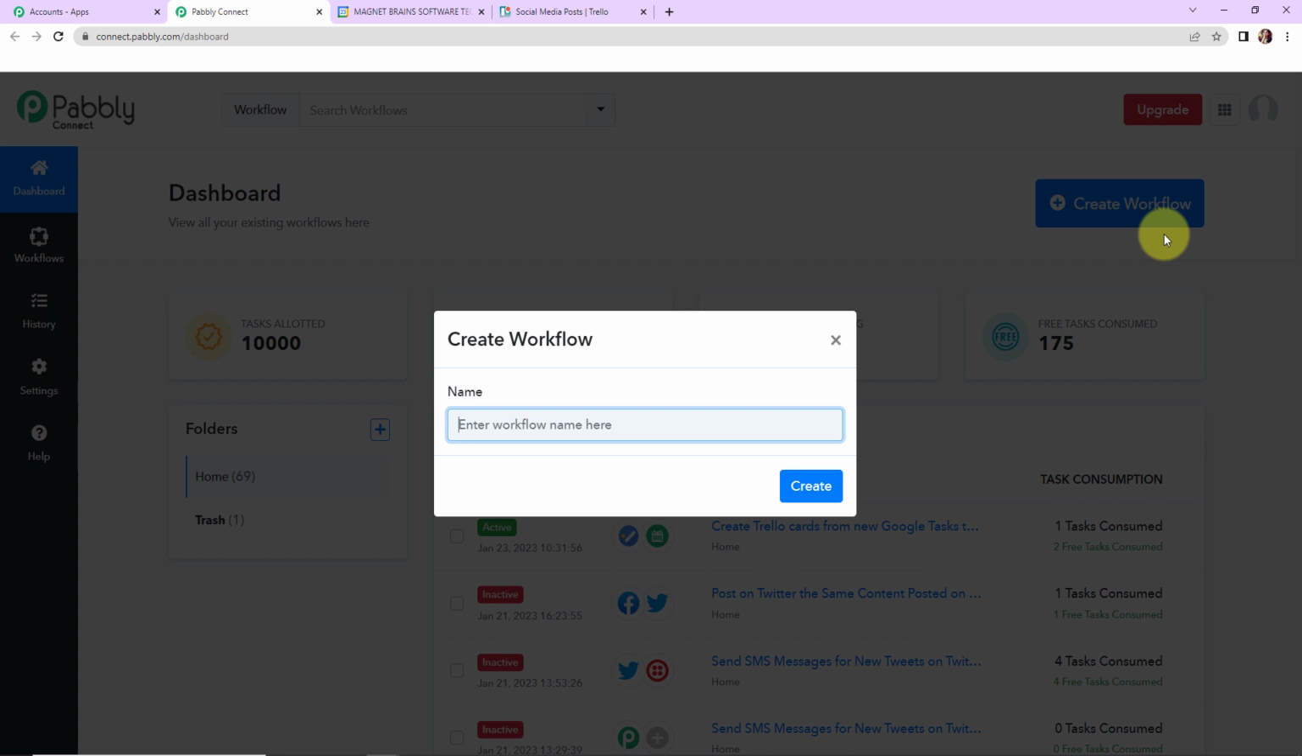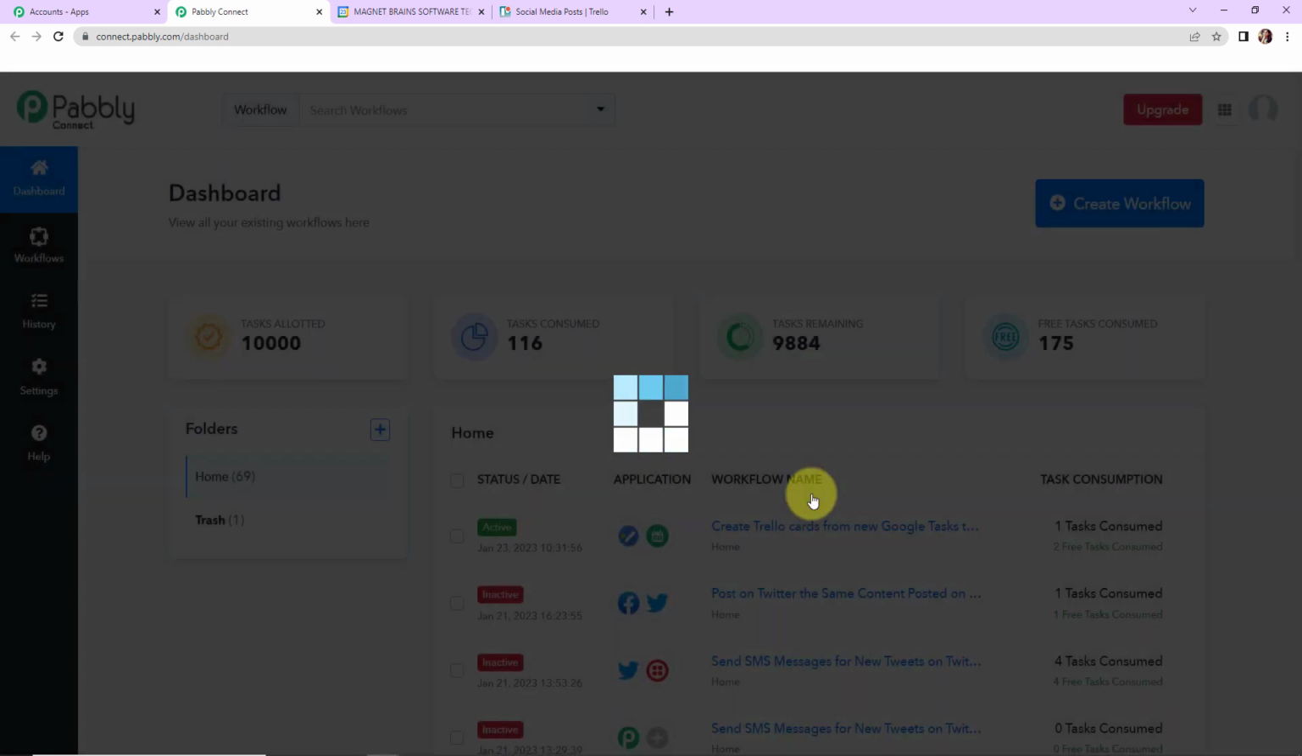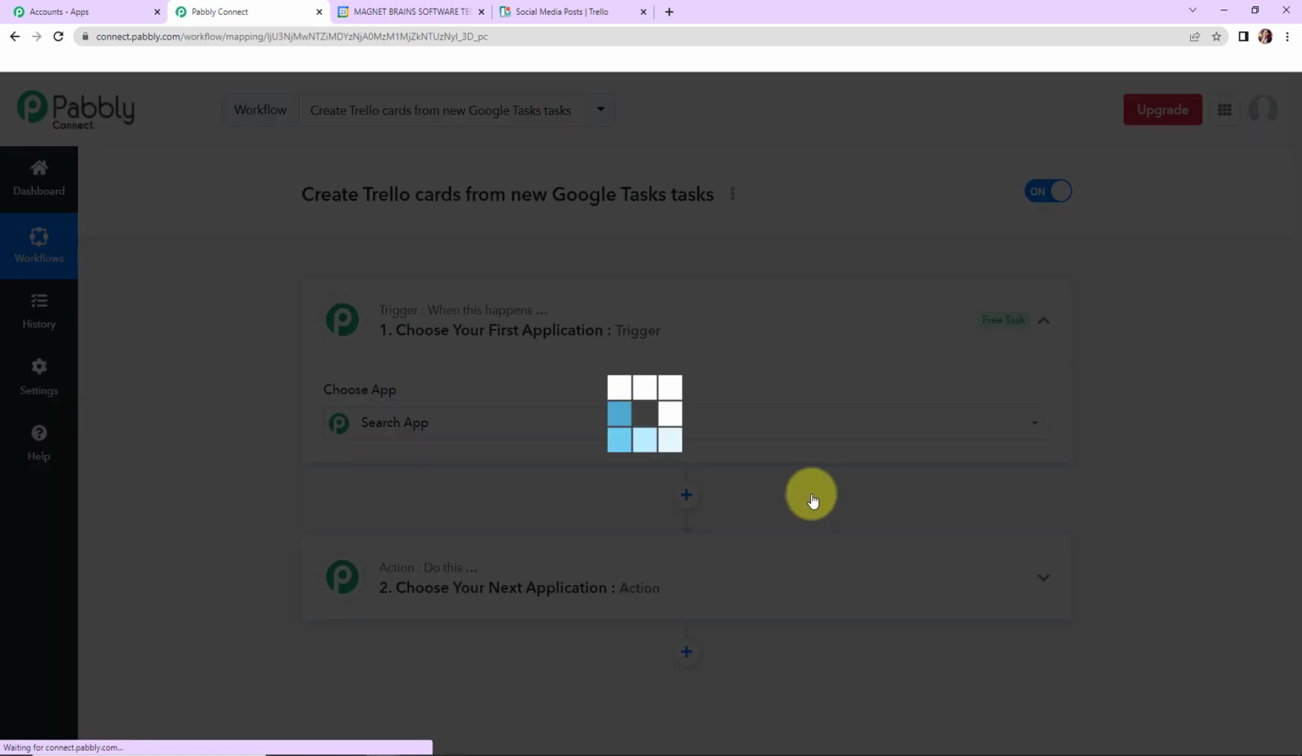Now here my objective is that every time a new task is added and created in Google Tasks, then automatically with the details, a new Trello card should be created. So I'm going to name it as create Trello cards from new Google Tasks. Okay, so now I'm going to click on create here, and as I do that, here we have reached another